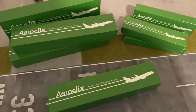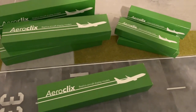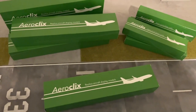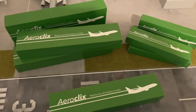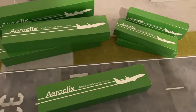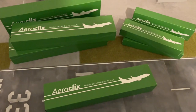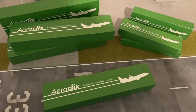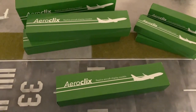Today we're going to be looking at something a little bit different. These are snap fit models from the new brand AeroClix. Now AeroClix is a name which I came up with in conjunction with Aircraft Model Store, so little projects I've been working on with them. And the first two releases we did were the FlyBe Dash 8 in the latest livery and the Jet2 737-800